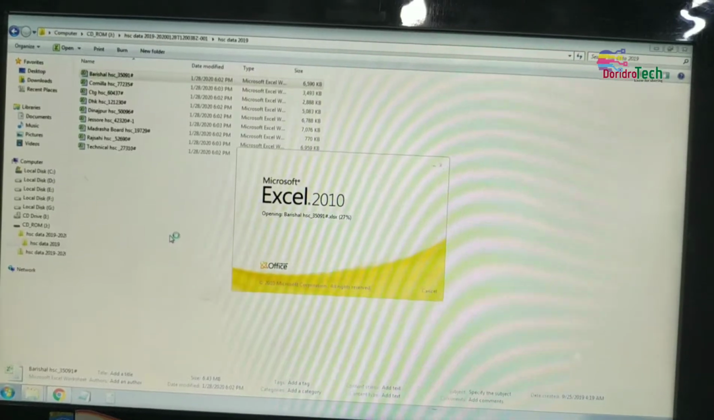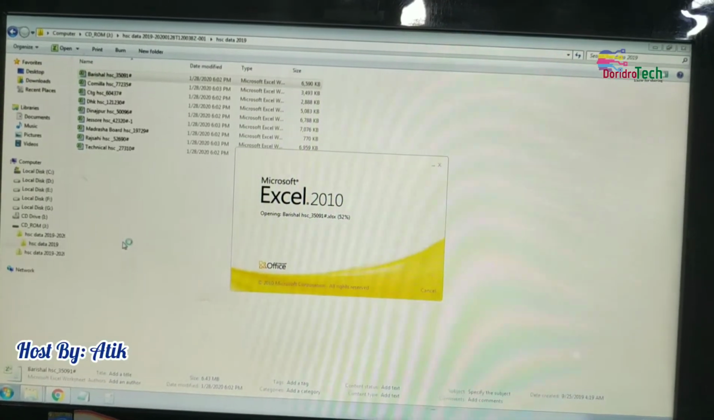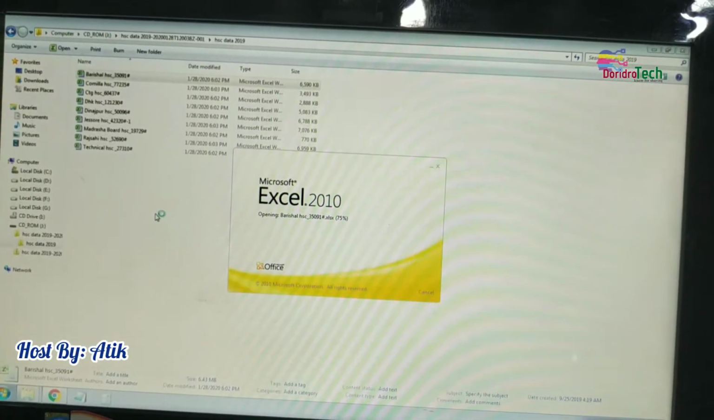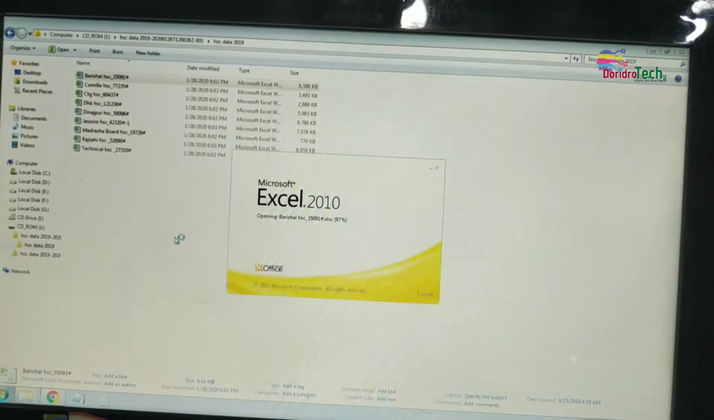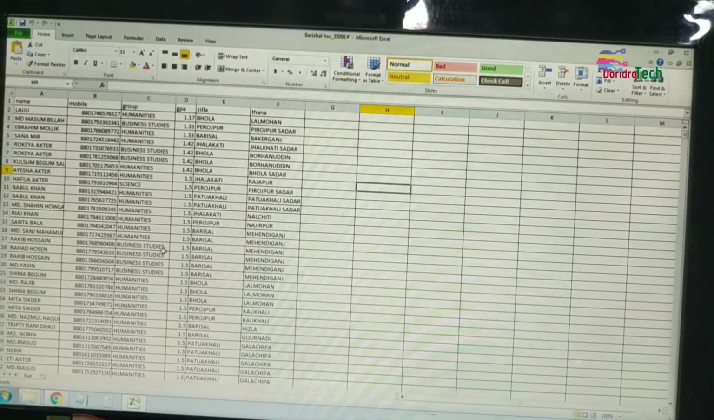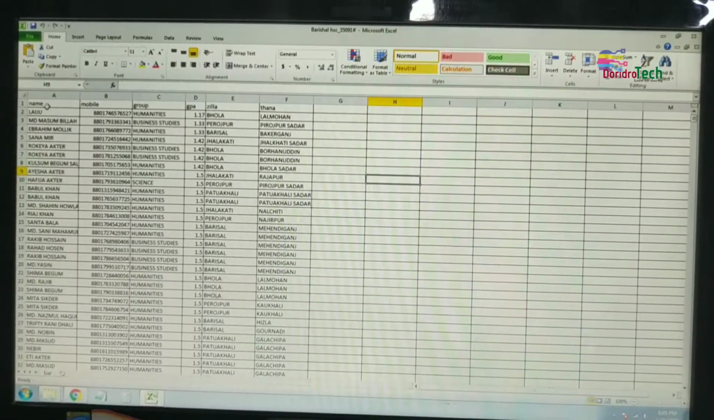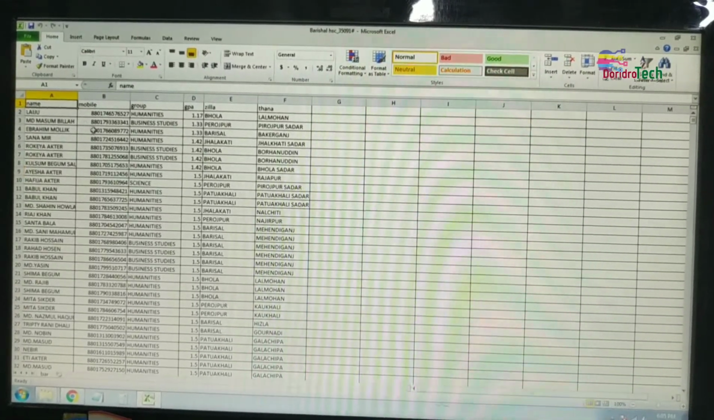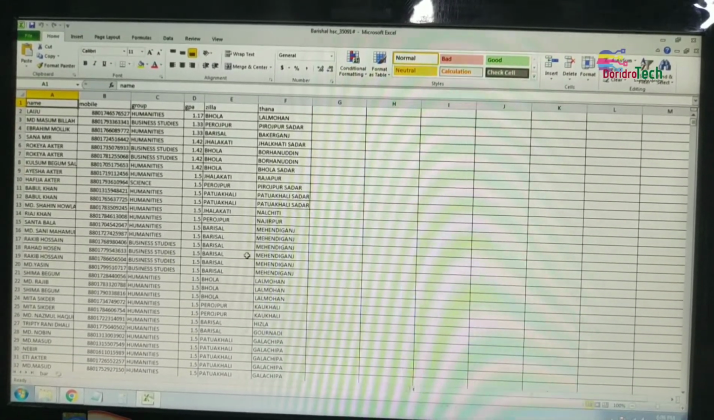I'm going to describe to you about Excel sheets, how to separate data. Now opening this Excel sheet, here is the data, and first of all I have to mark name, then